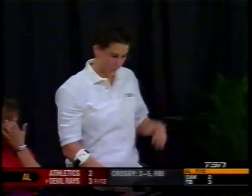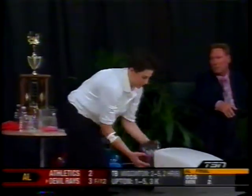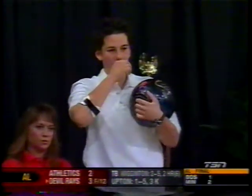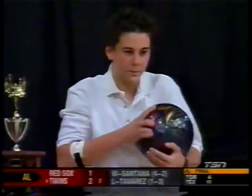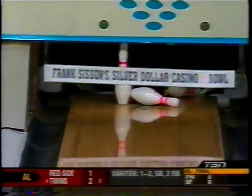And she's on the lane that she's been doing quite well with. She needs a strike and then just stay back at the foul line. But this is the ball. This will determine it. First things first. Need a strike. Jo-Ann Sanesac got a strike? No, she doesn't. No, she doesn't. And so Lynne Gauthier